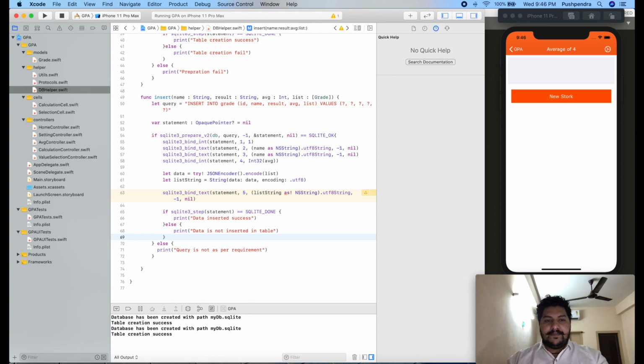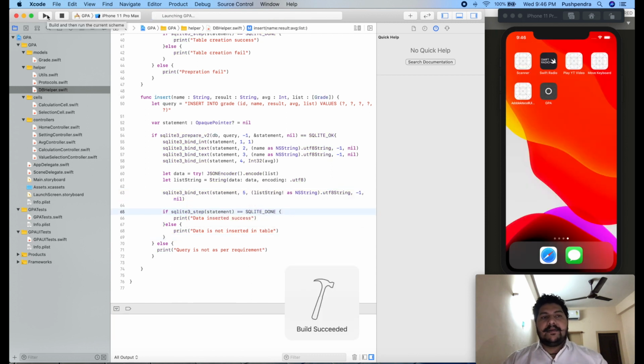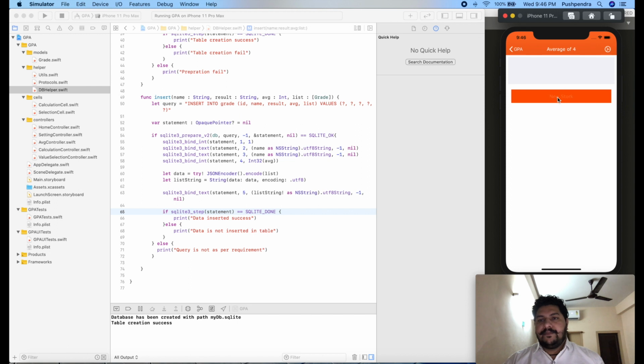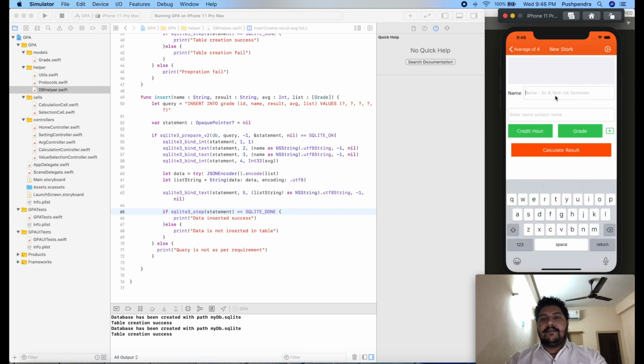So let's, here's a warning coming, fix it. Yeah, now build and run it. I'm going to insert one data of average 4 in a new row, and the name is MTech semester 1, or here we can say the subject of your course, like networking.